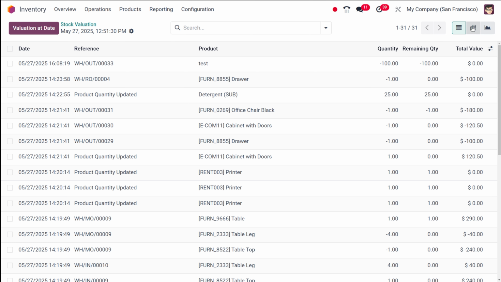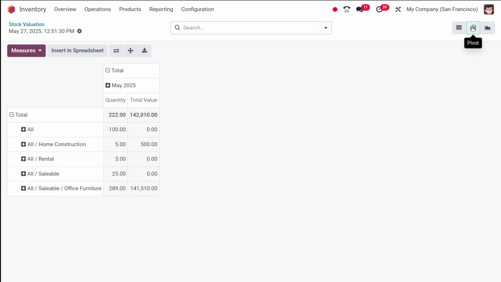So, this is the pivot table. As I said before, let's explore the powerful pivot view represented by the pivot icon over here. It's fantastic for seeing the on-hand quantity and value of your inventory grouped by purchase date, which is super helpful for managing products with expiration dates or monitoring how long stock sits in your warehouse. By default, it often shows product categories broken down by day and month. So you can see the different categories, the quantity based on the month over here.